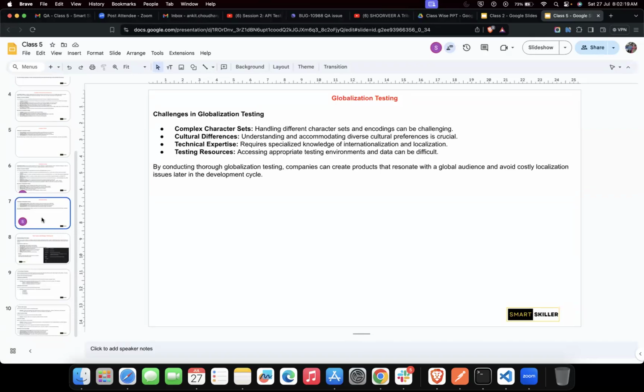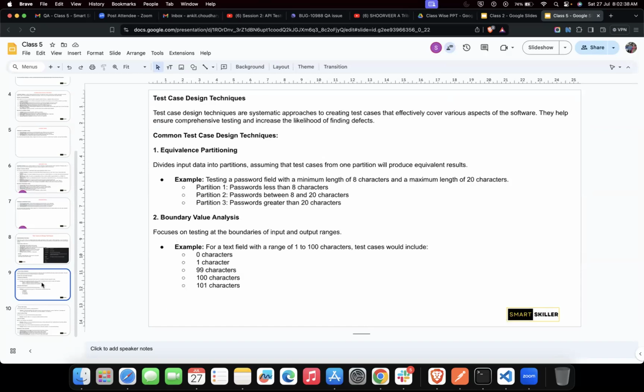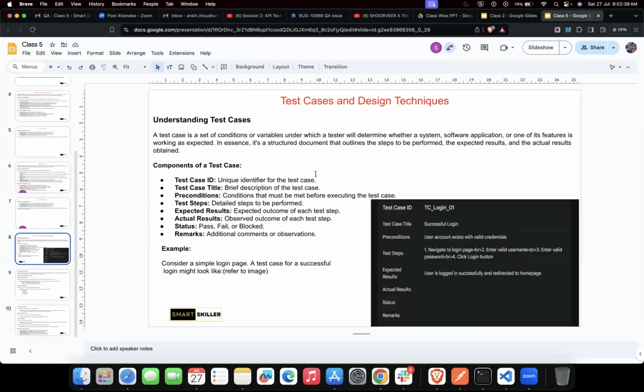Okay, sure. Regarding your assignments, you need to go through whatever topics have been covered till now, for the past 5 classes. And apart from that, you need to do detailed research regarding test case and design techniques,